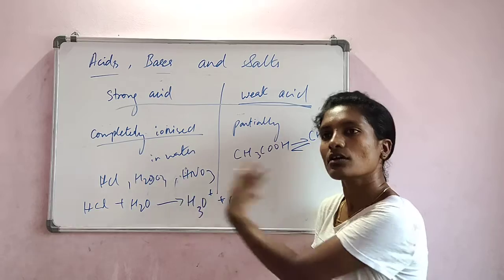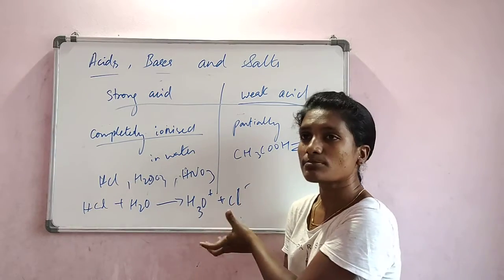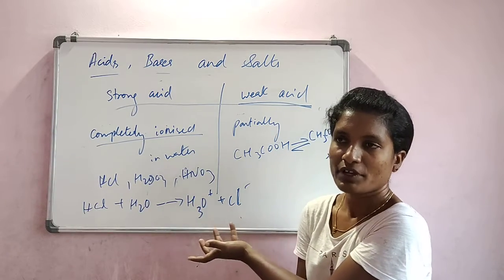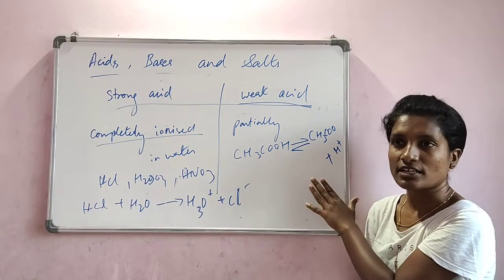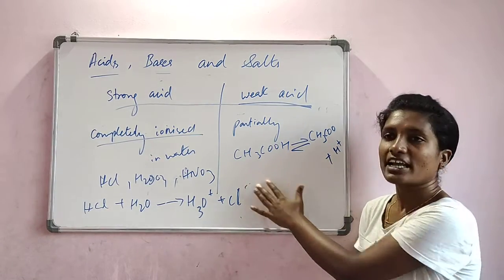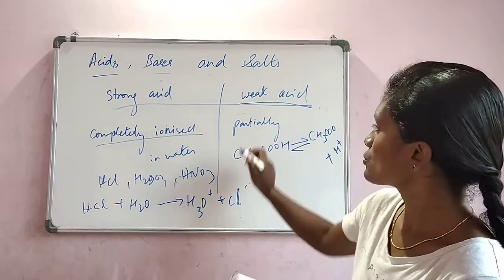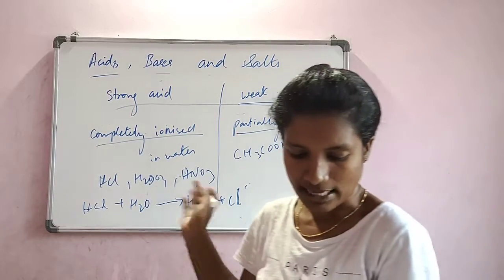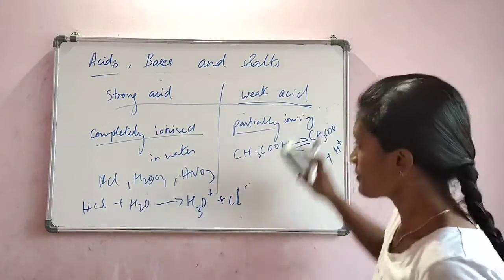Once it is ionized, getting back is not easy, or you have to enhance this by using some catalyst, or you should provide heat, etc., to get into the original state. But here, no need to provide any external energy, they get back into their original state, which is a reversible reaction. Hence, it is called partially ionizing. Fine. So examples are acetic acid, carbonic acid, sulfurous acid, etc.